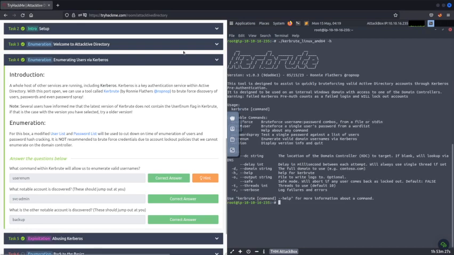We can see what we can do over here is brute force and enumerate valid domain users. If I want to use this to enumerate, how we can do it is just run kerbrute,